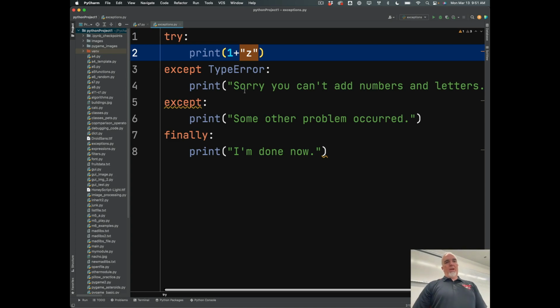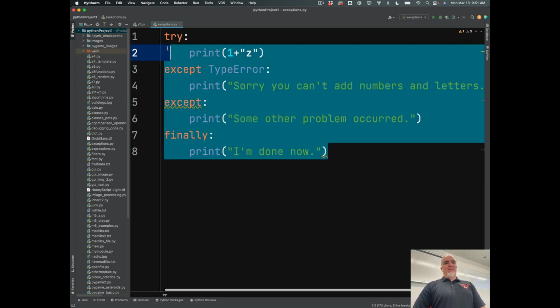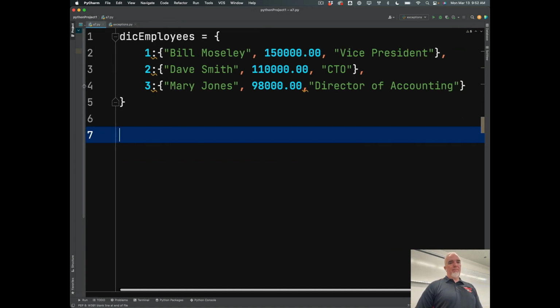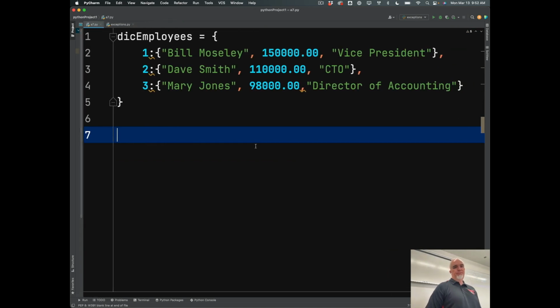So now we're going to go through, and I want to add this level of error handling to the employee database assignment. Okay? So we're going to get into the employee database assignment, where we're going to be working with nested dictionaries. And if you remember, a nested dictionary allows me to